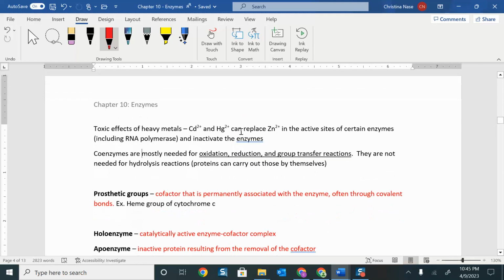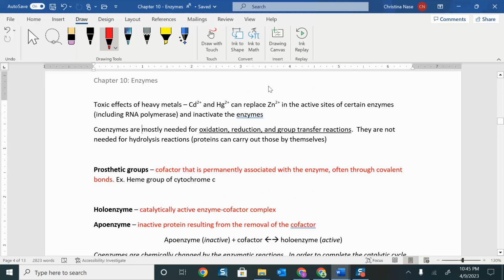If you have too many, or heavy metals, that can sometimes be toxic. So there's a toxic effect of heavy metals. Cadmium and mercury can sometimes replace zinc. Zinc is a cofactor that you need. If you have toxic heavy metals in your system, they can sometimes replace the zinc in those cofactors, in those enzymes, and then they can inactivate the enzyme, and then if your enzymes aren't working properly, then your body starts